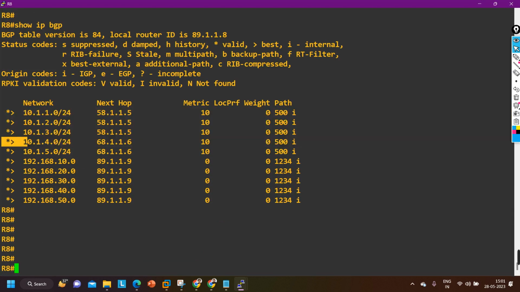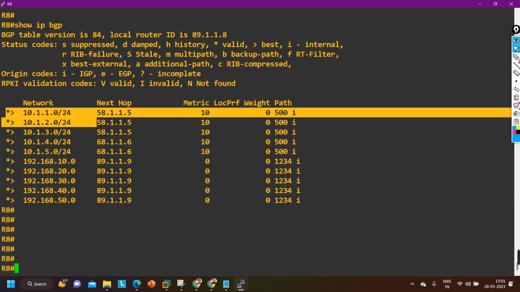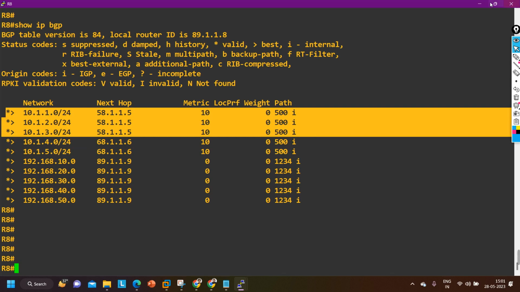Done. For the lower two prefixes, router 6 is sending metric 10, and for the upper three prefixes, router 5 is sending